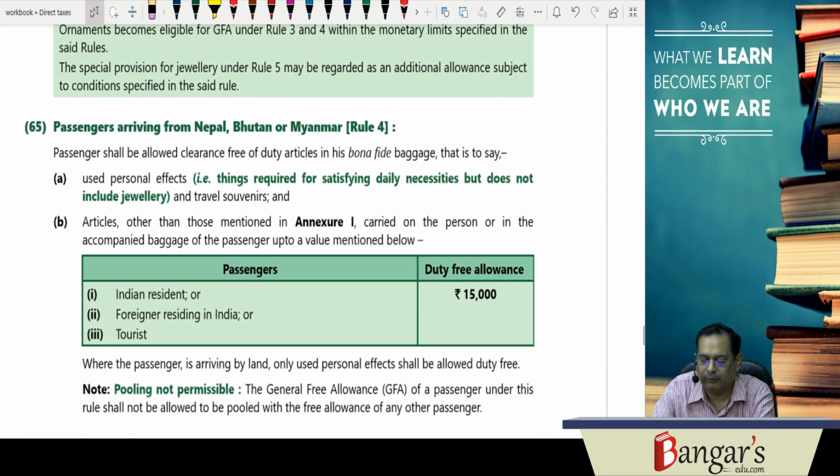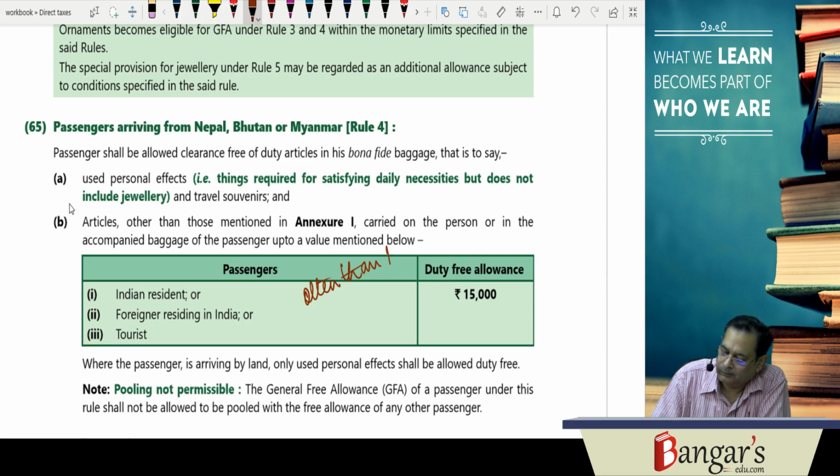Besides this, if passengers are returning from Nepal, Bhutan and Myanmar, other than by land route,